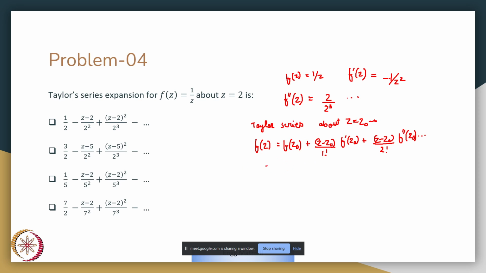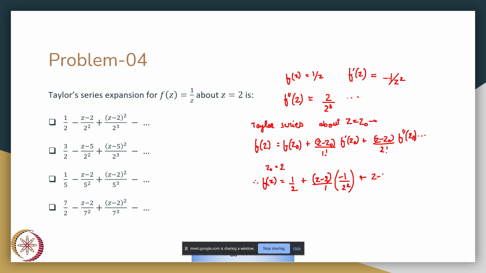In our case, z naught equals 2. Therefore, f of z is nothing but 1 by 2 plus (z minus 2) by 1 into minus 1 by 2 square